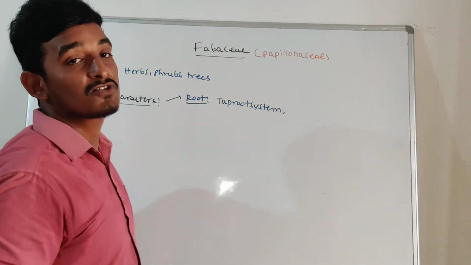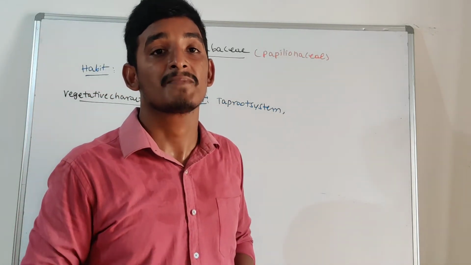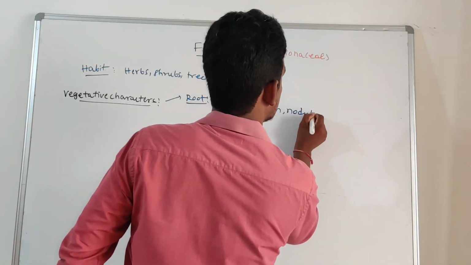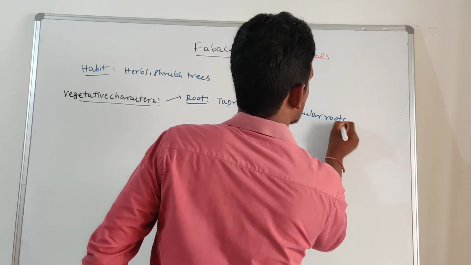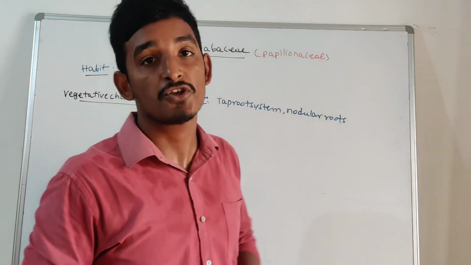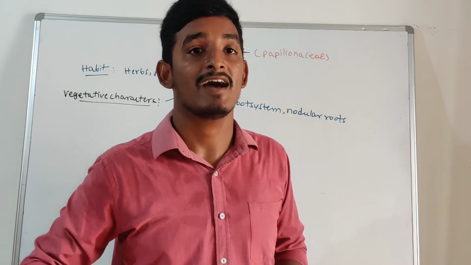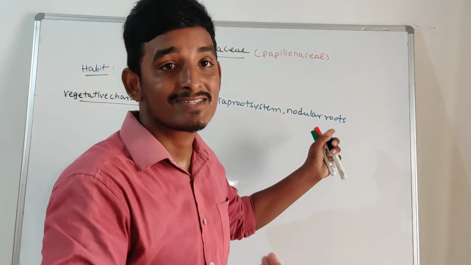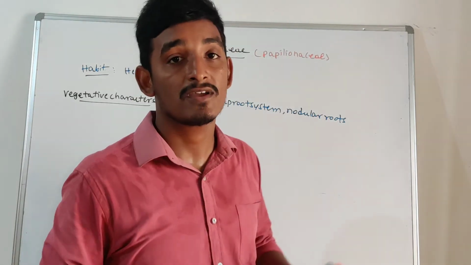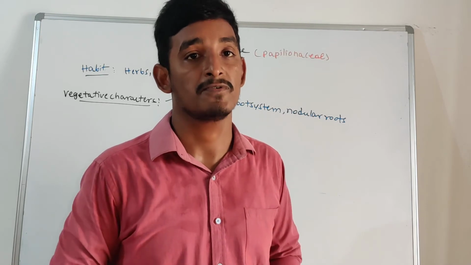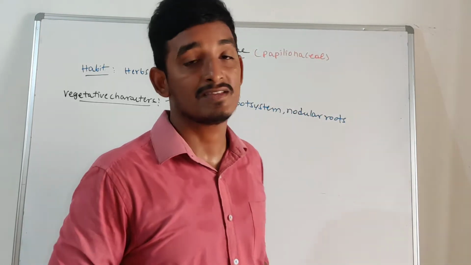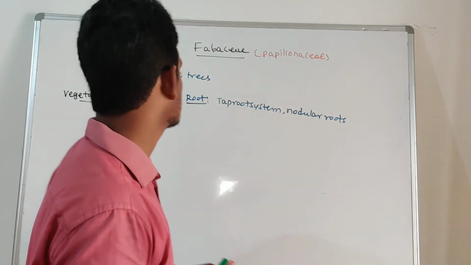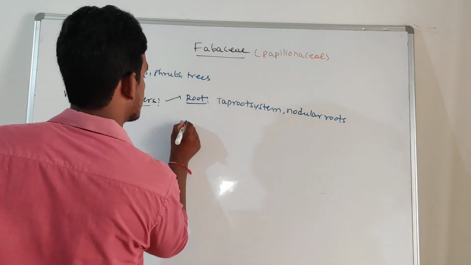The root system shows special features, like it has nodular roots. These roots are also called what? Nodular roots. These roots are associated with Rhizobium bacteria. Rhizobium bacteria help to provide nitrogen to the plant, and they take shelter and food from this plant. So it shows a symbiotic relationship between Rhizobium and these leguminous plants or roots. Those roots are called nodular roots. Later, about the stem.